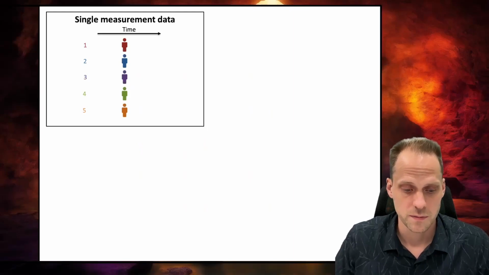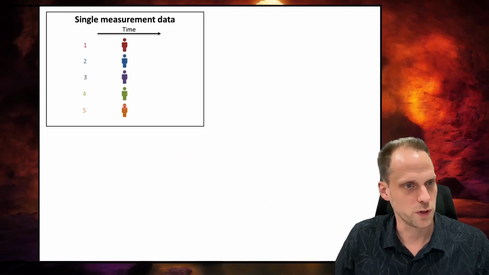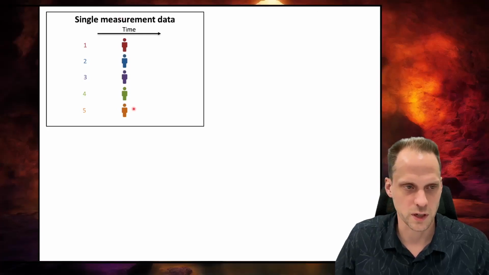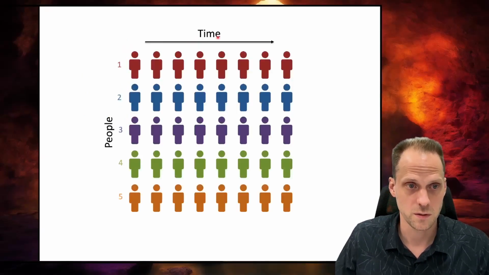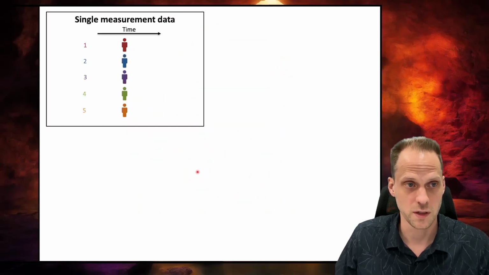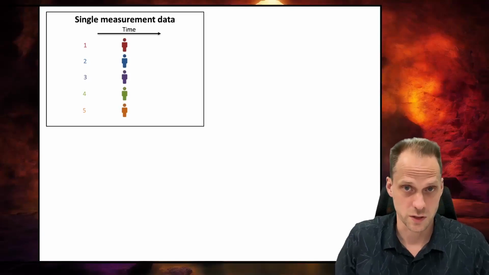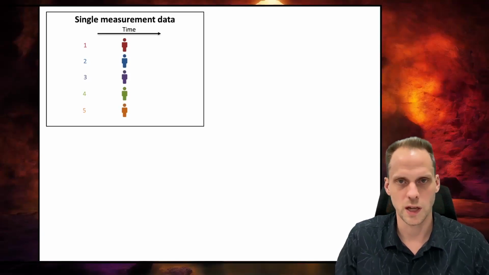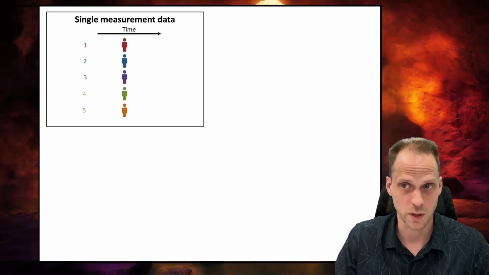One type of data that you have seen before by now is single measurement data, which means that we only have data of each person once at one particular time point. This is usually called cross-sectional data, because it is a cross-section of this cube, or this square here. You see, we cut it here, and that's only the data that we have. That's why it's called cross-sectional data, but I don't really like to use that term, because it's very confusing to cross-sectional analysis, which I'll talk about in a bit.